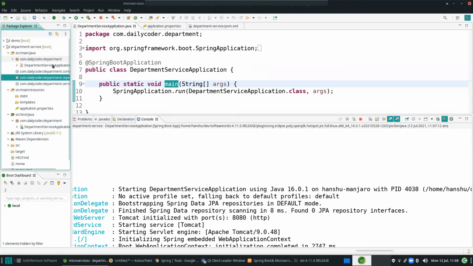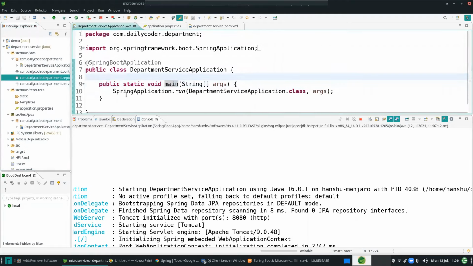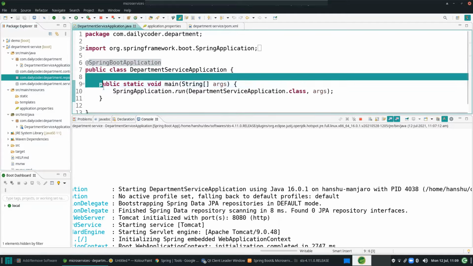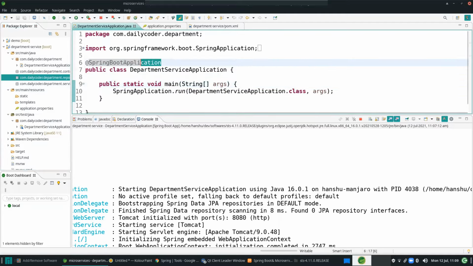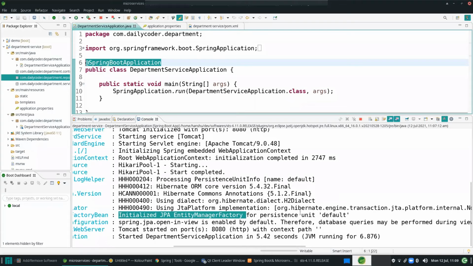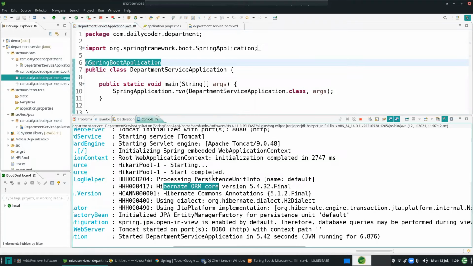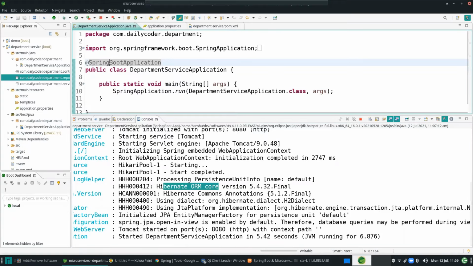Before going there, let's see how Spring Boot will understand and do the auto configuration. All the magic is there in this particular annotation, the Spring Boot application. Whenever the Tomcat is started, it will start running from here. If it encounters this Spring Boot application, it will do all the magic for you: the creating of the H2 dialect, data source, Hibernate ORM, all the things magically created because of this annotation. What exactly will happen, we'll check in the future classes, but this is where the magic happens.